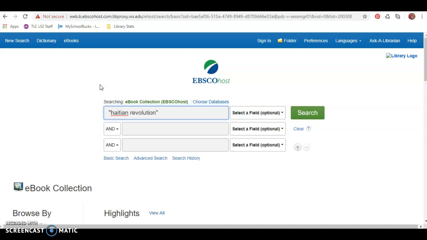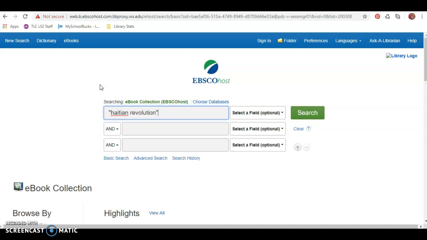A couple things about searching in the database. If you've searched in an article database before, you may have tried to do more specific search terms or more than one search term, and that's fine to try. But this database is full-length books, so I often find it serves me better to start with a broader search topic. Additionally,